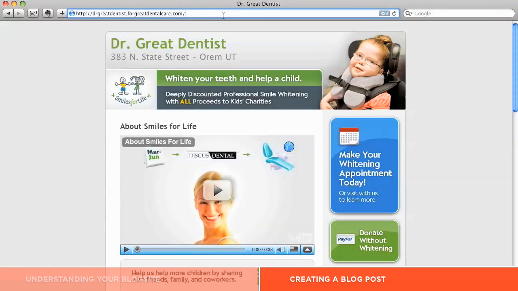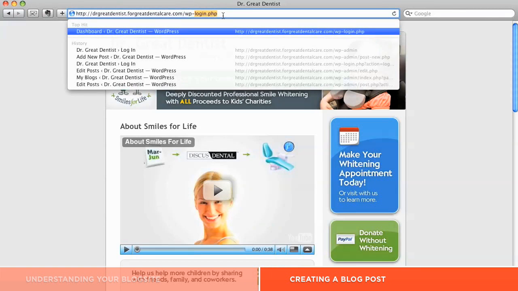Let's talk about some of the basic functionality of your WordPress blog and how you could get into the back end of the blog site and actually create a post that would go to your blog. The first thing that you need to do is up at the top in the window that has the address of your blog site, at the end after .com, you can put in a / if there isn't one already there, and then type in wp-admin,